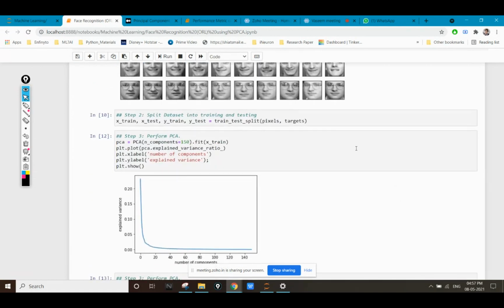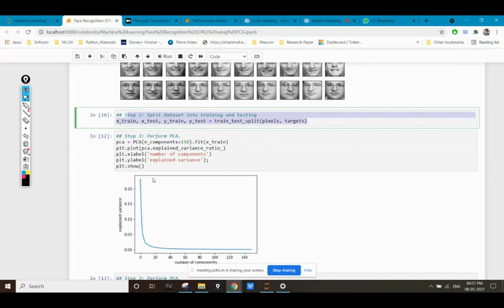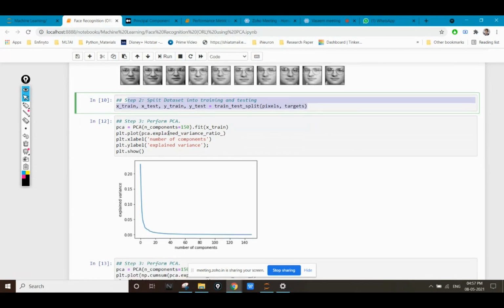Now I'm just going to apply a simple SVM after applying PCA. First I'm going to apply a train-test split so that I can divide this dataset into test and train parts, so that I can get a classification report or accuracy percentage out of it. Now I'm applying PCA, and the number of components, by default, I'm taking 150 values. You can change the amount of values to whatever you want.